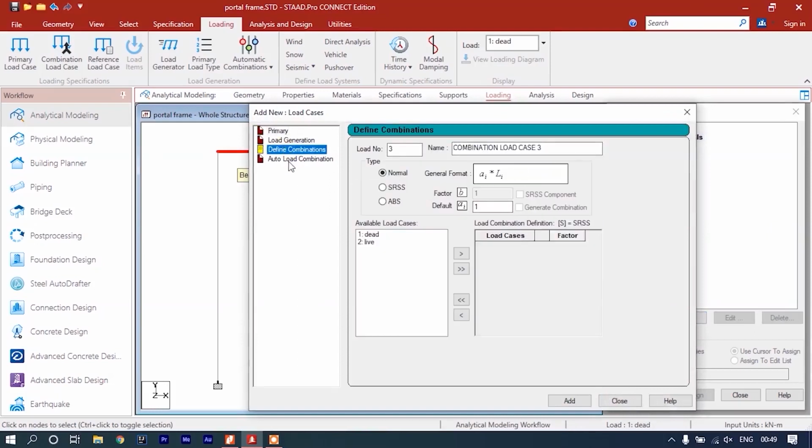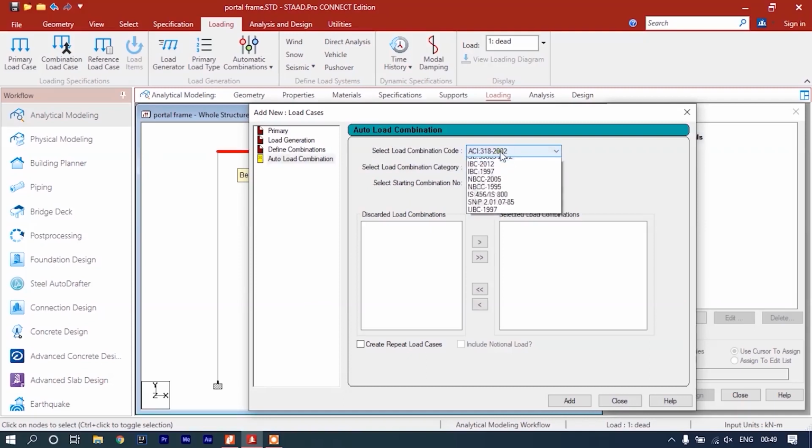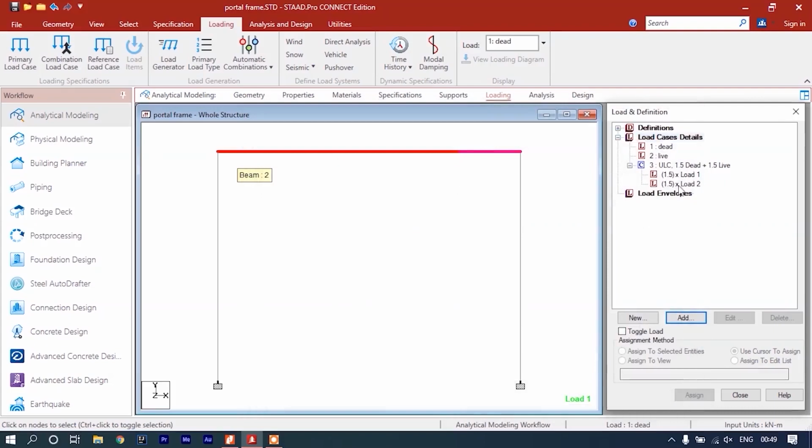Either you can go on auto load combination, select your IS code and generate. You don't need all these values, just select any of these values. I am selecting the first one. So it will add a load case which will be 1.5 times the load 1, which is dead load, and 1.5 times the second load, which is live load.